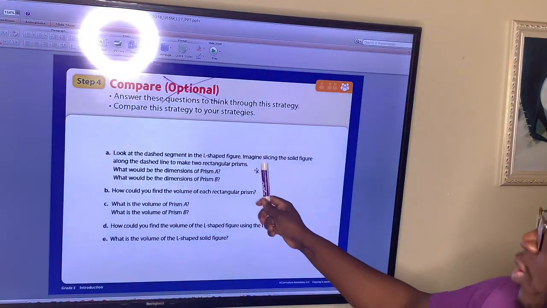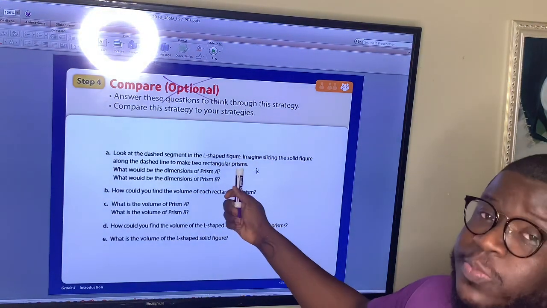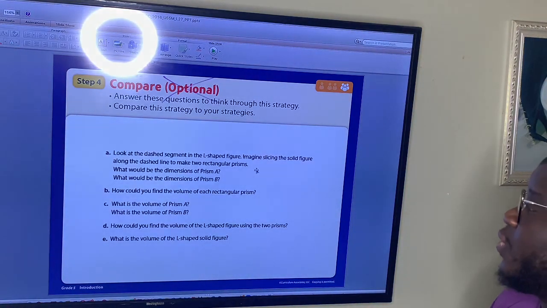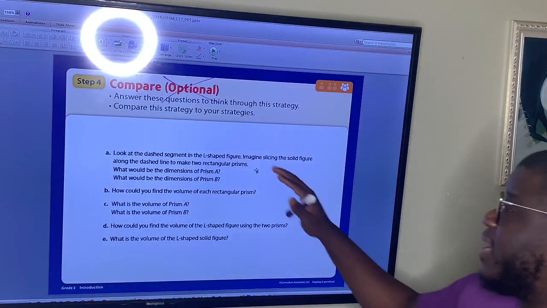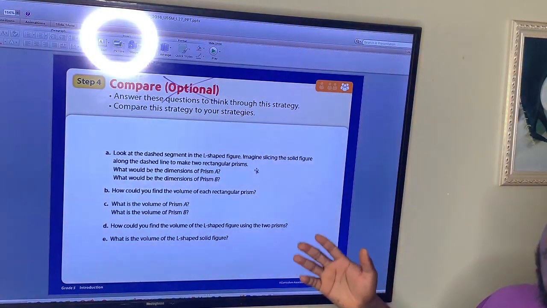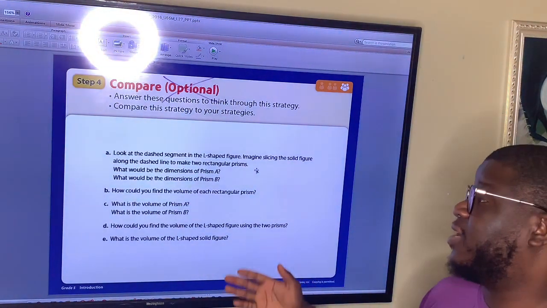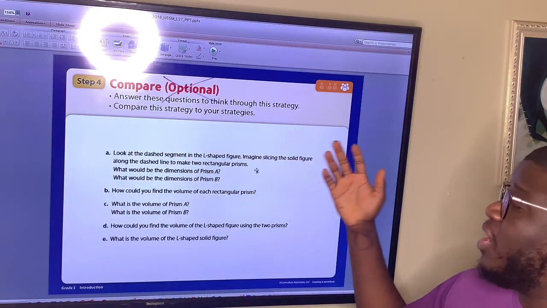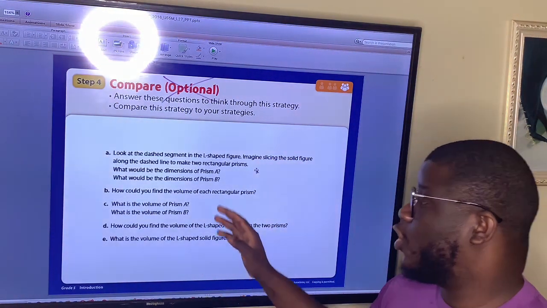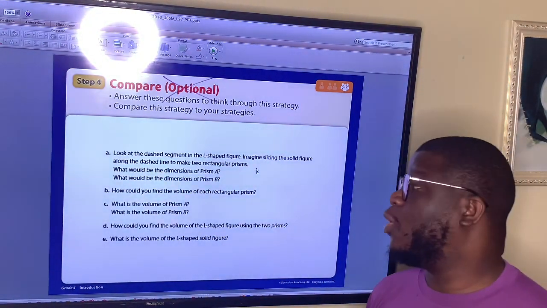You're going to solve 5 problems for your classwork. I am going to post these questions on Google Classroom for you to solve. Pretty much what I want you to do is take the L shape and just figure out another way. Do not take the route that I took. Figure out another way that you can use to find the volume of this same irregular shape, this composite figure. After you get done answering these 5 questions, make sure you submit them on Google Classroom